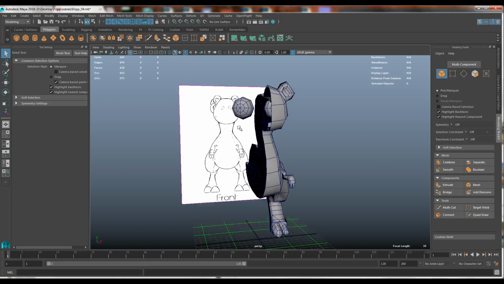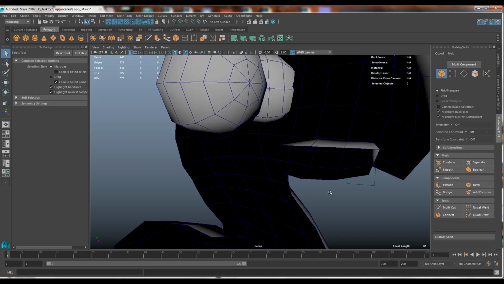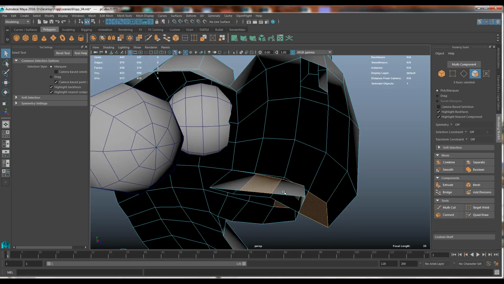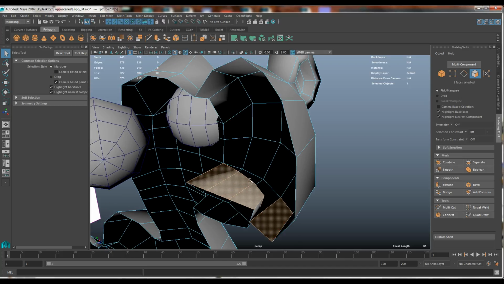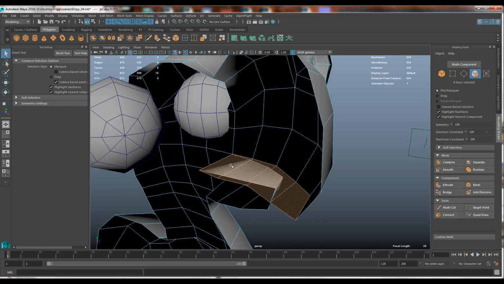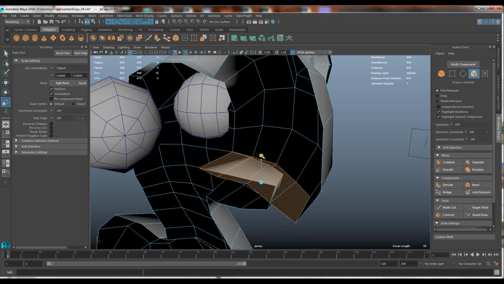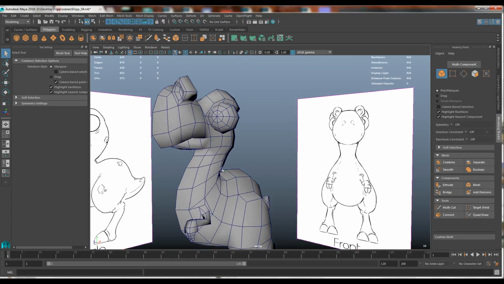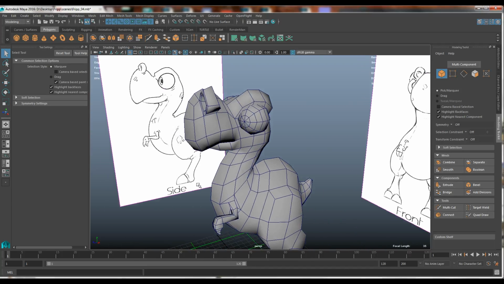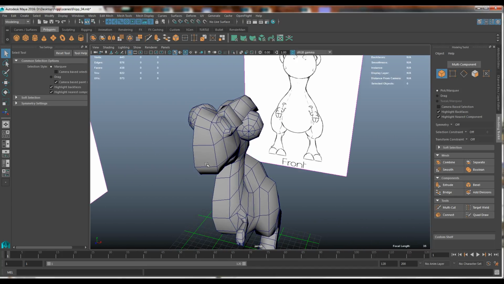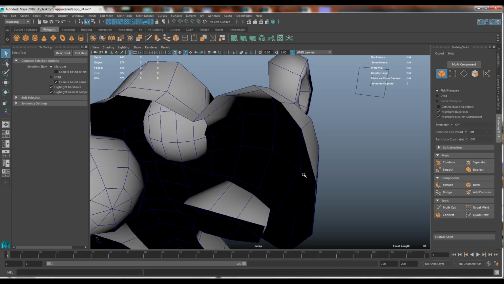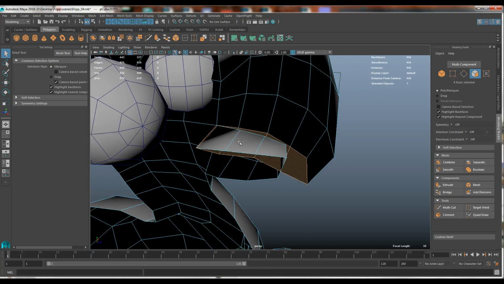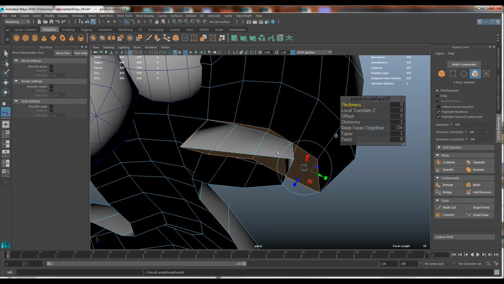I mean, there's things you can also do to this if you really wanted to. You could make an internal part of the mouth where you would extrude and lift this inner section up and down to make like little cavities for the mouth, if you really wanted to. But again, because it's such a low poly character, there's every chance that you just have a flat surface there. I think on my final one I will make a little indentation, so I'll show you how I'm going to do that. So I'm going to make a little inner part of the mouth here, by extruding,